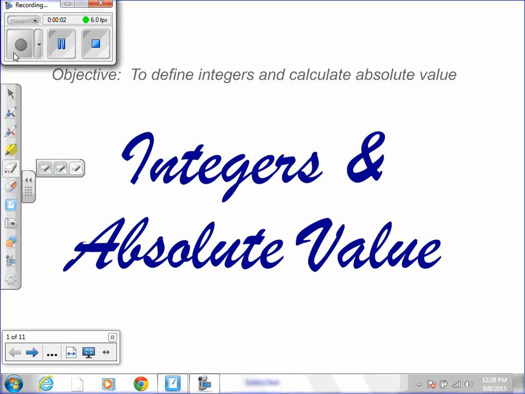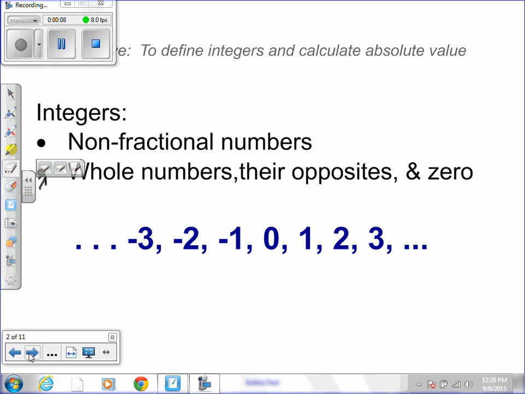Your goal after watching this video is to be able to tell me what integers are and to be able to calculate absolute values. Alright, so the first important thing in this lesson is that you can define what integers are. And this would be an important thing to write down if you don't think you'll remember or you don't already know. So integers